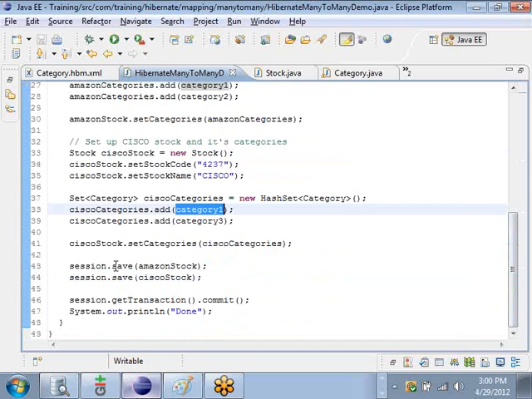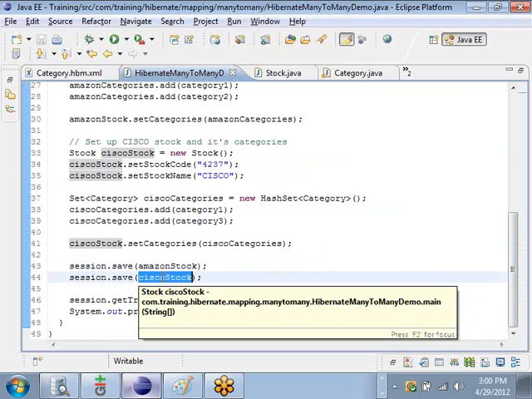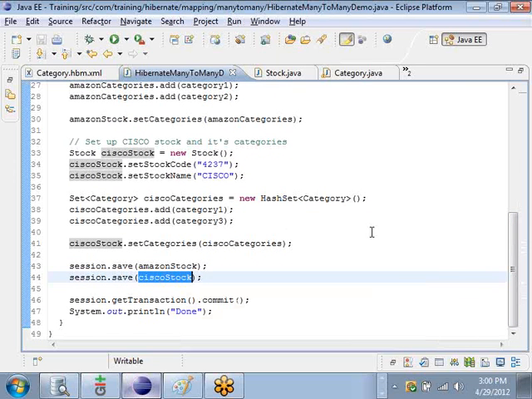And then at the very end, we save both the Amazon stock and the Cisco stock. So what happens is it will save the Amazon stock, the Cisco stock, and all the three categories, plus it will also make 4 entries in the stock category table. So there are 2 entries for Amazon and 2 entries for Cisco in the stock category table. So let me run this program,